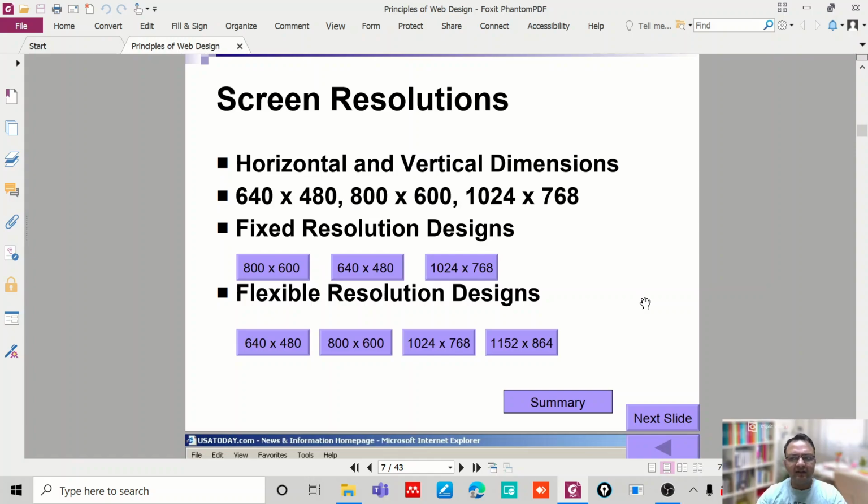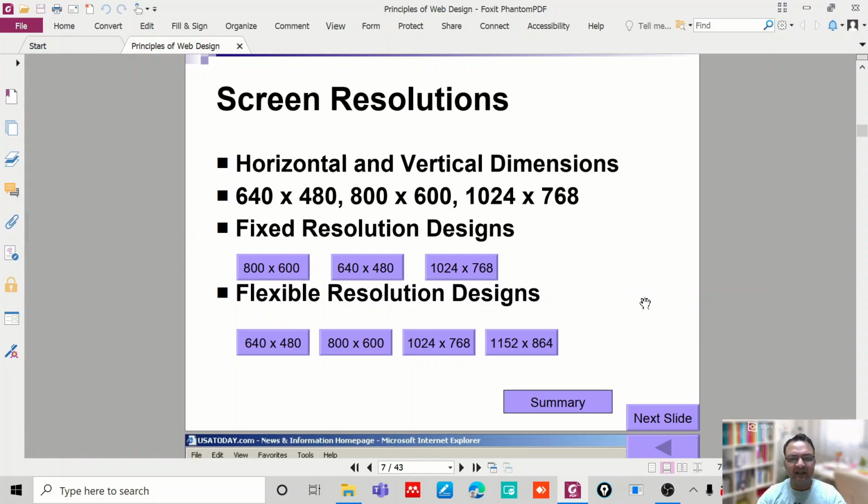You know that different users would be using a desktop, laptop or any other device which would be having different screen resolutions, and your web page should be designed such that if the user is opening the website in any of these resolutions, then the design should look good.